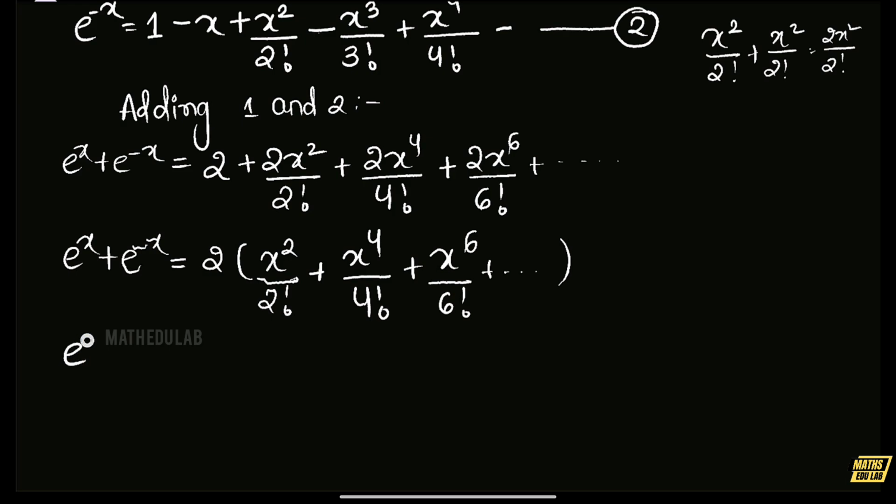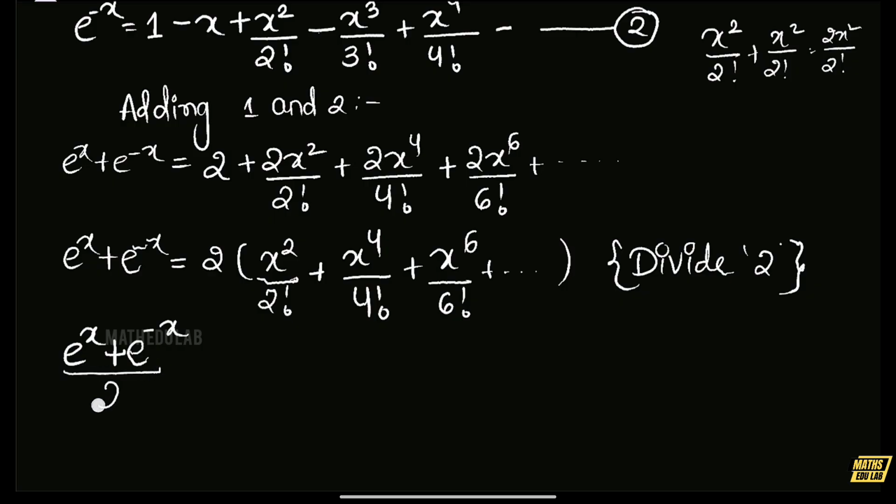On dividing, we will get e to the power of x plus e to the power of minus x by 2. So here the 2 will get cancelled out. Then we get x square by 2 factorial plus x to the power 4